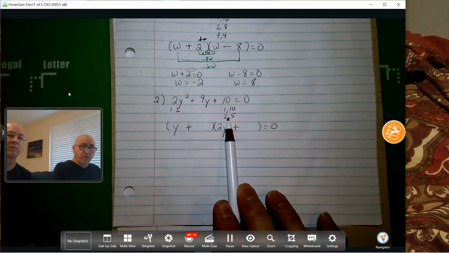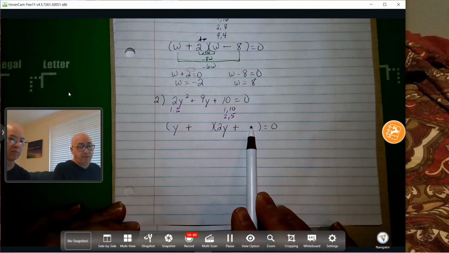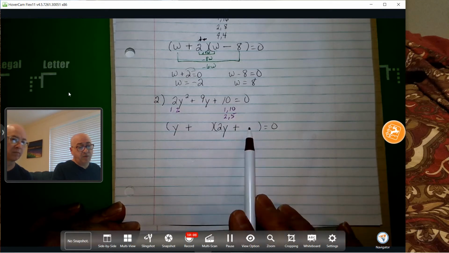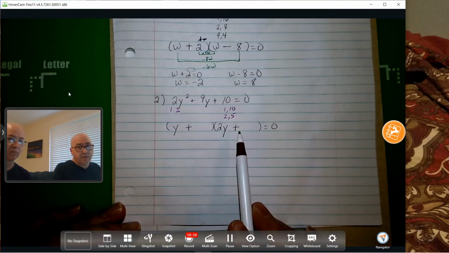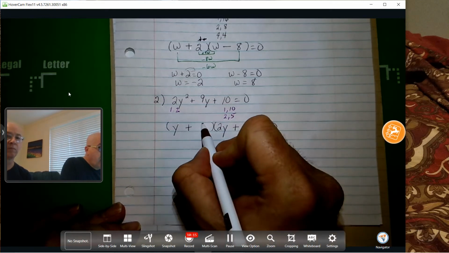Now, if you remember that there can't be common factors other than 1 inside the parentheses, for the 2 and 5, you can't possibly put the 2 here because you'd have a common factor of 2. Also, you can't have 2 even numbers in the same. So this one, if I'm going to make it work with the 2 and 5, and that's what I'm doing,